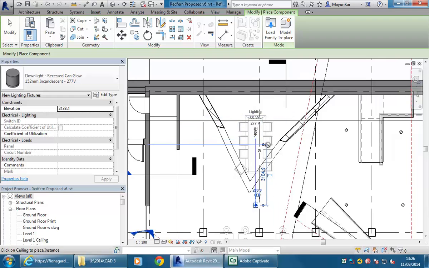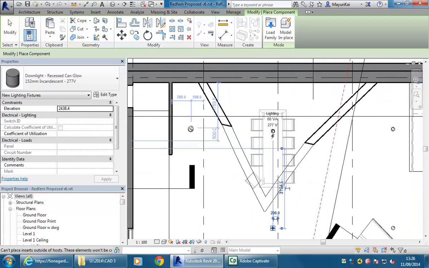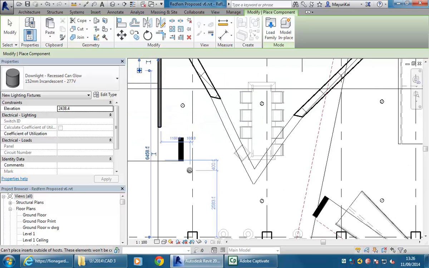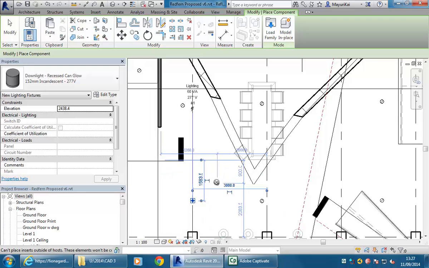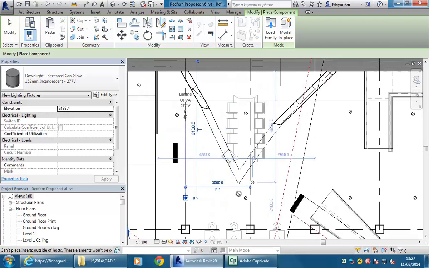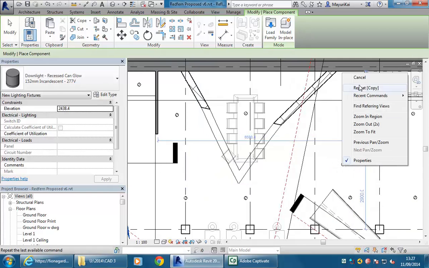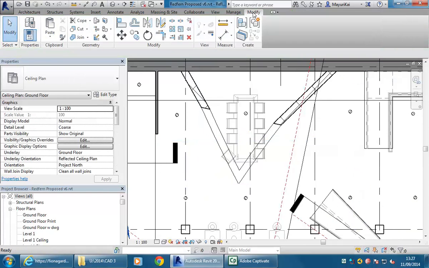So I'll just put a few in here, and then I'll line them up afterwards. Now I don't have a ceiling there, so I can't place a light there. I can put one down here, and I'll put another one just roughly about here in line with the column. Okay, so those lights aren't lined up very accurately, but afterwards you can use the Align tool,